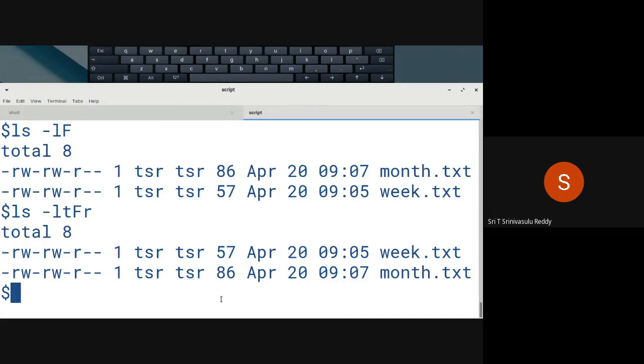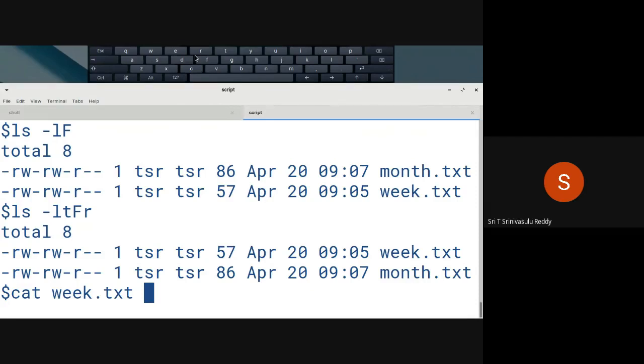Anyhow, now you have the files, we know that, but you want to see the contents of a file. There are so many ways by which you can see, but the basic, trivial way of displaying the contents is by using a command called cat. Cat stands for concatenate. Actually, you can concatenate multiple files. You can display multiple files one after another. That's why it is called cat actually. So you can give cat followed by the file name, whatever is the file that you want to display.